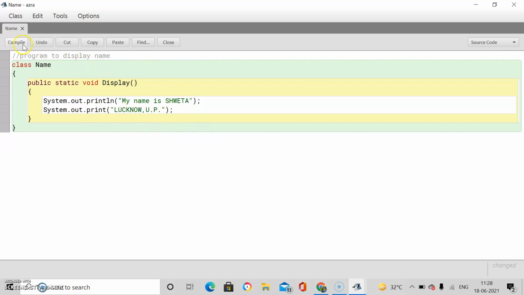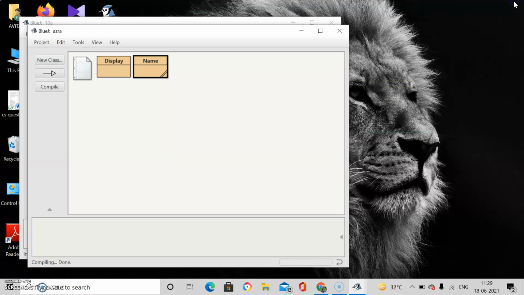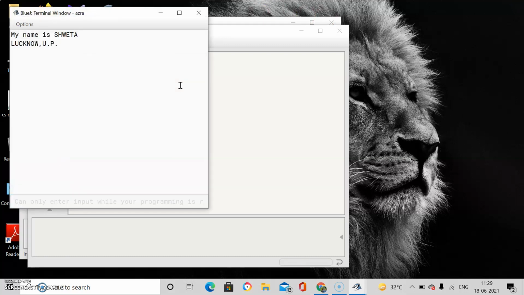Okay, now I will compile my program as I have made a change. Compile, no syntax errors, close this window. Name, right click, choose the method, void display. See, my name is Shweta, Lucknow, UP. Address. Okay, now clear this option.